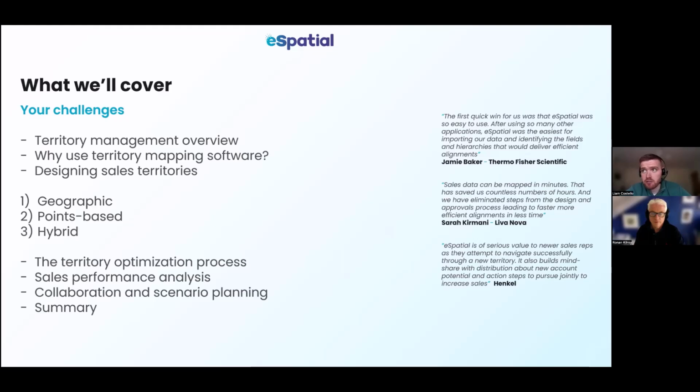For a lot of people that would only have a handful of reps, that probably works fine. But once you increase your rep volume, you definitely would need a more comprehensive territory mapping solution to help with that. One, because it'll save time, and two, you'll create more optimum territories, or better territories.